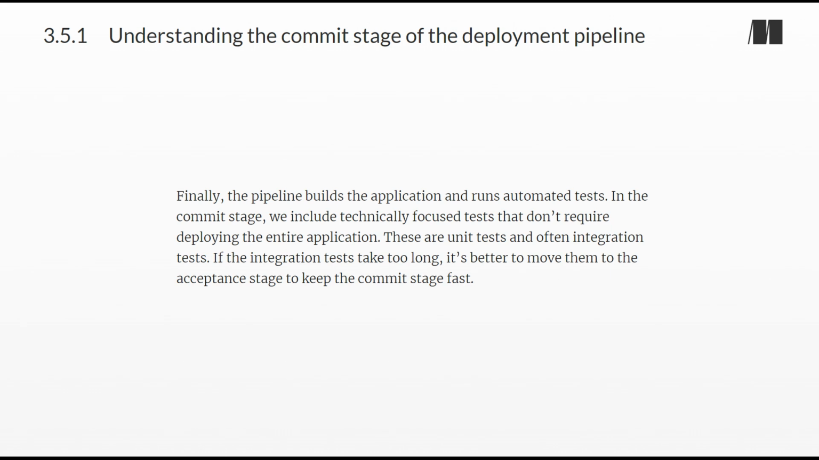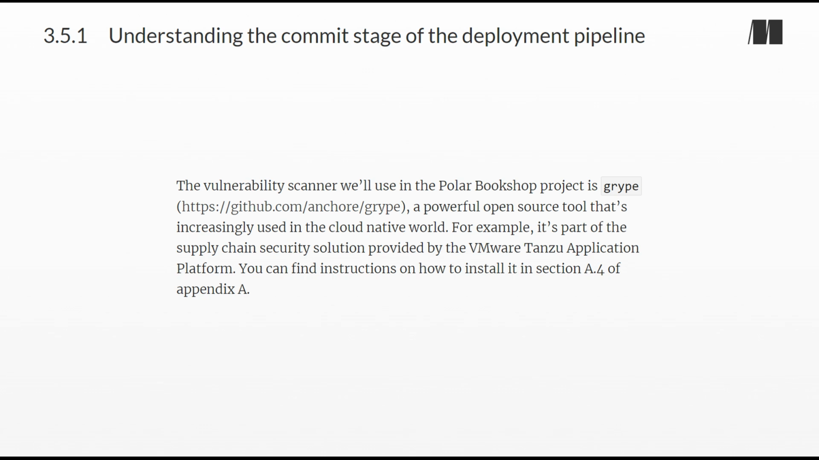In the commit stage, we include technically focused tests that don't require deploying the entire application. These are unit tests and often integration tests. If the integration tests take too long, it's better to move them to the acceptance stage to keep the commit stage fast. The vulnerability scanner we'll use in the Polar Bookshop project is Grype, a powerful open-source